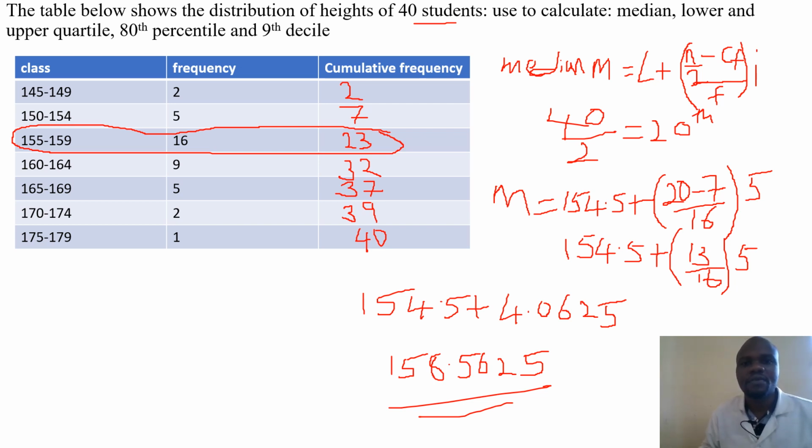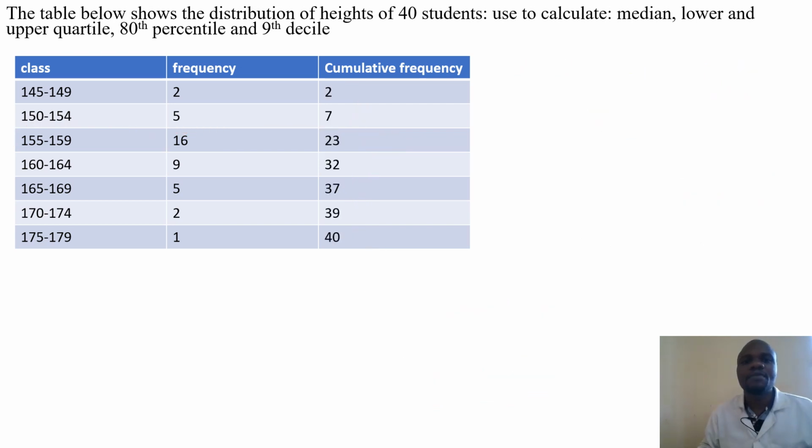So in the next, we are going to get the lower quartile, and we know that the lower quartile divides the data, or it is the median of the first half from the median that we get. Or simply, what we normally say about the quartile is that it divides the data into 4 equal parts. And for us to be able to get where our quartile lies, to get the class of the quartile,